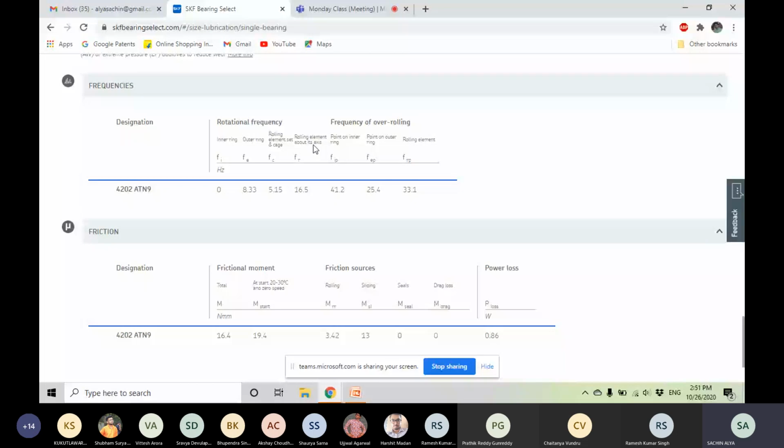So let's say the rolling element and cage set. So every second there are like 5 rolling elements passing through a particular point in this bearing at a defined RPM. Like this, there are 4 major parts in the bearing. The first one is the outer race, the inner race, the rolling element, and the cage element. So there are different frequencies which we can interpret.